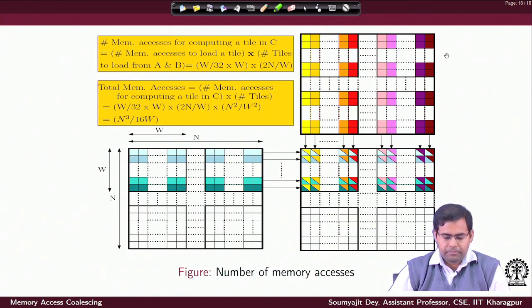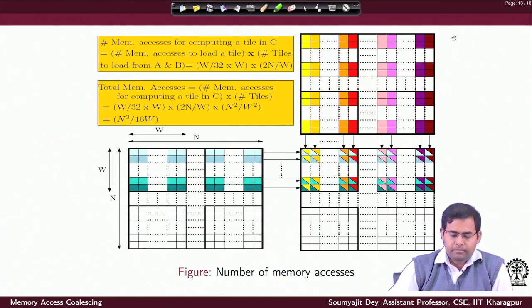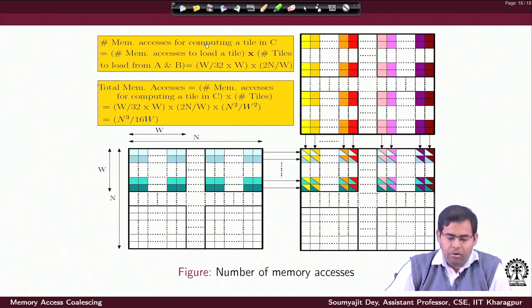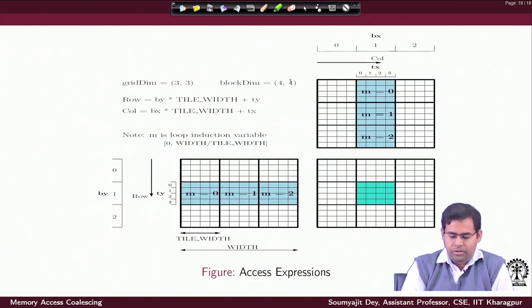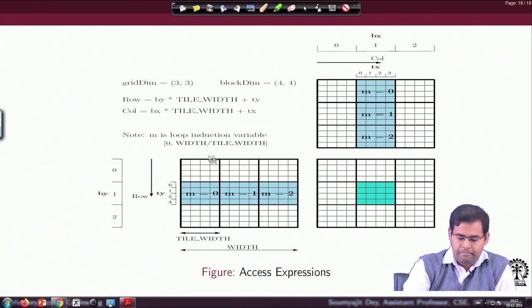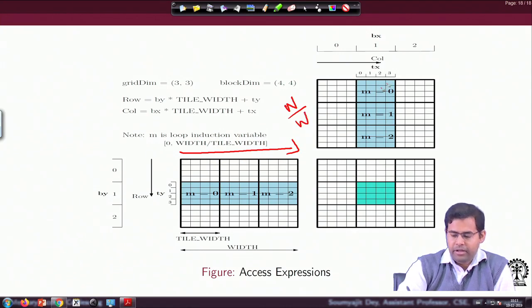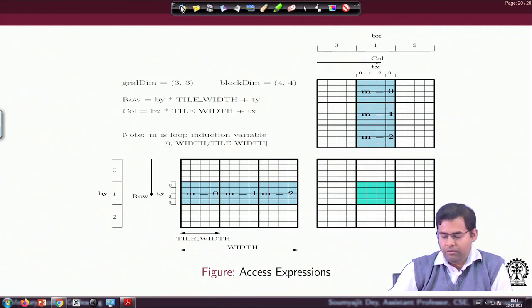This is for computing a single tile, right. The number of tiles to load would be, so this is n, you divide it by the width, so that gives you n by w number of tiles here and similarly here. So, in total you have got 2n by w number of tiles to load for computing a single tile.